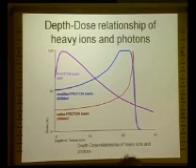It shows you how the radiation releases its dose inside the body in photons, that means X-rays or gamma rays generally, and the heavy ions. For example, here I'm showing you the proton. You can see that the pink curve releases its maximum energy at the very beginning, right? Whereas the red curve, we call it the Bragg peak, releases its maximum energy at a certain depth,